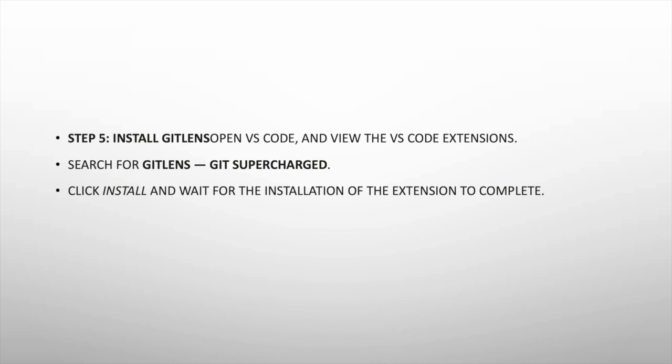Also, in your VS Code, you will find GitLens in the extensions. We use GitLens to also track the changes in your code. So you can track who has done the code changes, when the code changes happened, and you can also access the history of your code. So Git and GitLens are optional. It is up to you. You can install them if you want. Otherwise, you can leave it.